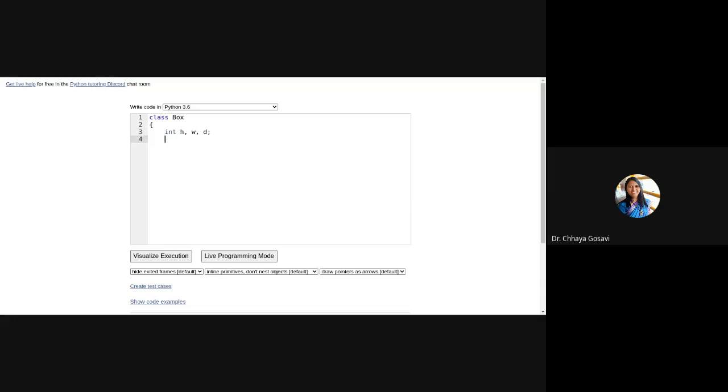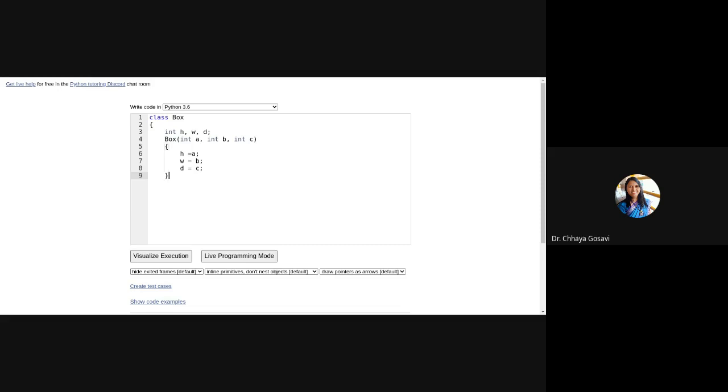And then we have a Box constructor where we can pass parameters, integers a, b, and c, and we assign these to height, width, and depth. Height is a, width is equal to b, and depth is equal to c.